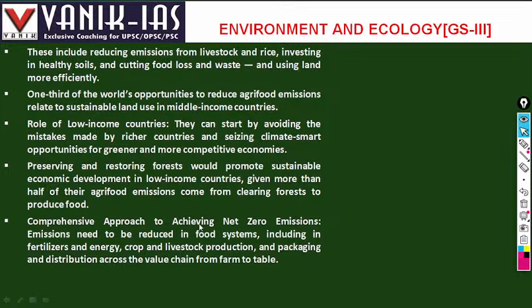Comprehensive approach to achieving net zero emissions. Emissions need to be reduced in the food system, including